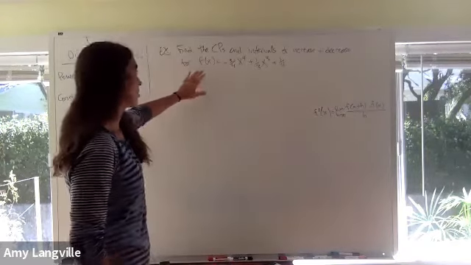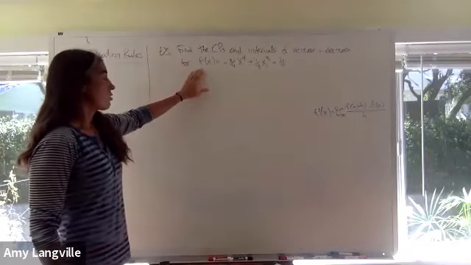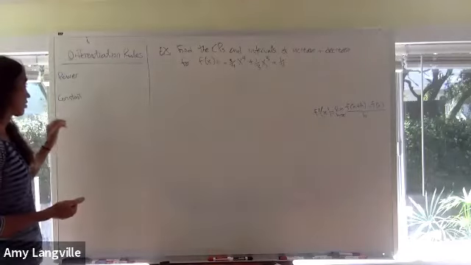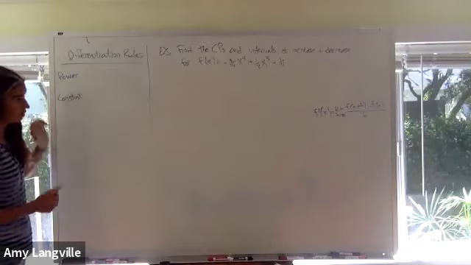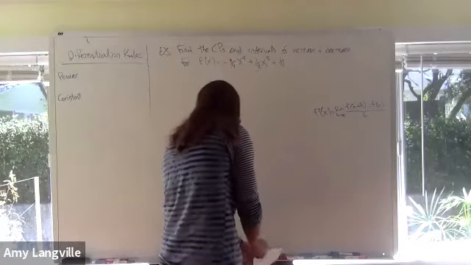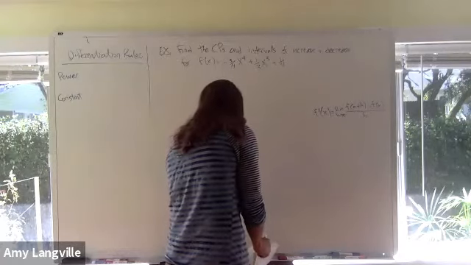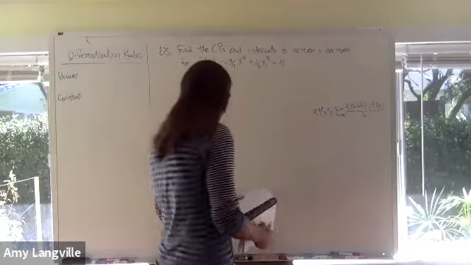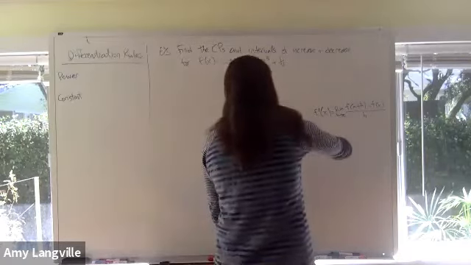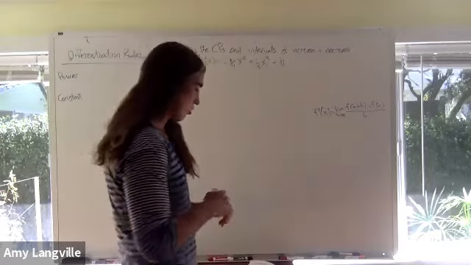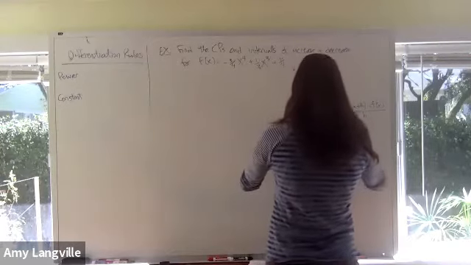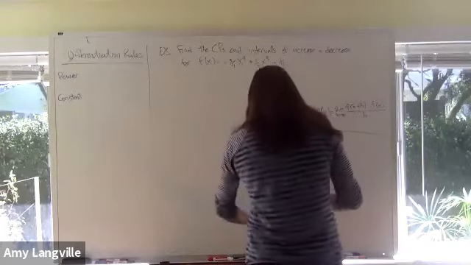But then we want to avoid it so that we can take this derivative in a much easier way. And this particular function is going to be easy to take the derivative using these two rules, the power rule and the constant rule. So I have to show you the power rule. And this is in the beginning of chapter 1, the first couple pages. There's a pattern. In fact, the original founders of calculus, Newton and Leibniz, noticed this pattern when they applied it for a function, the function f of x,